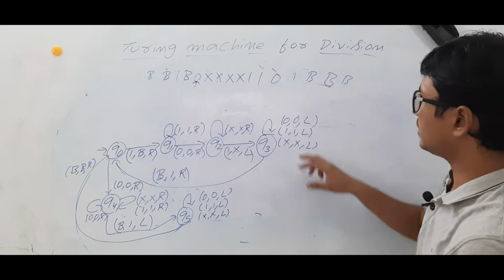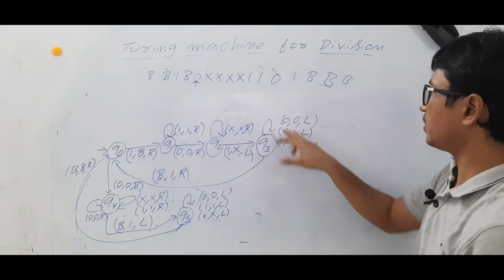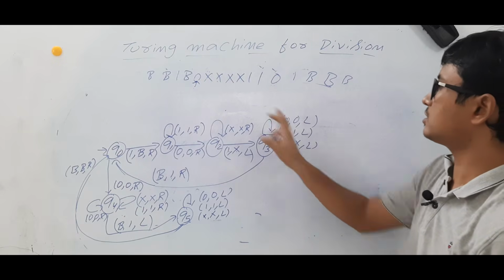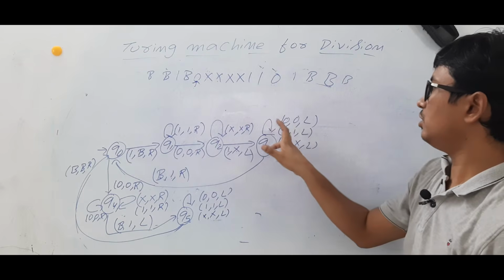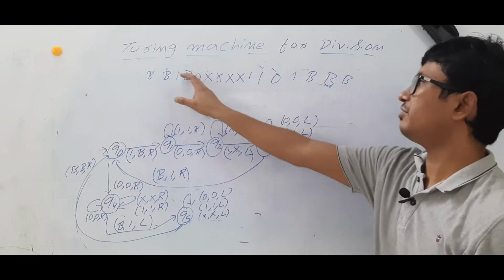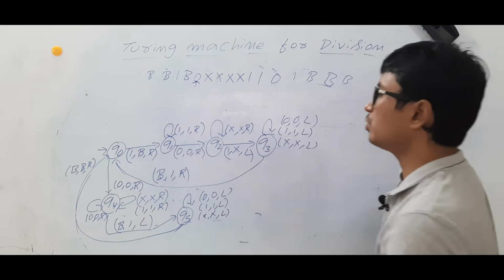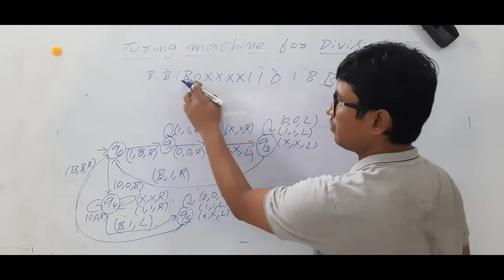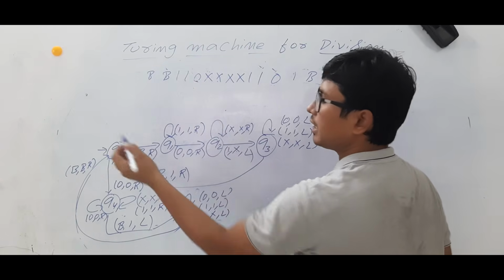If I get a 0, I am not getting a 0, no problem. First I am getting x. Make it as x, move to the left. Okay, all the x's are finished. If you get a 0, make it as 0, move to the left. If you get a blank, make it as 1, move to the right, and you are in the state